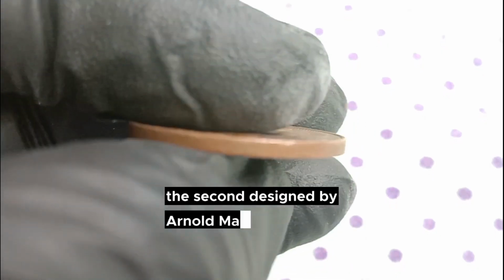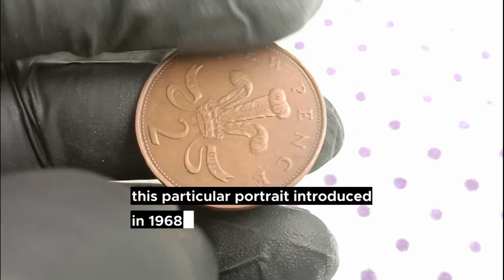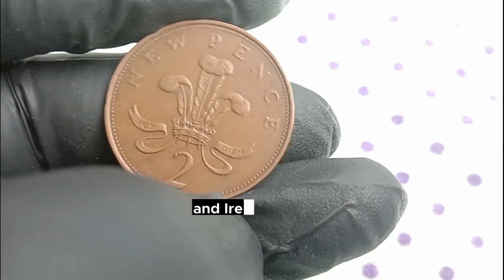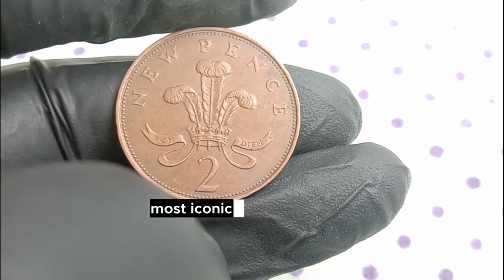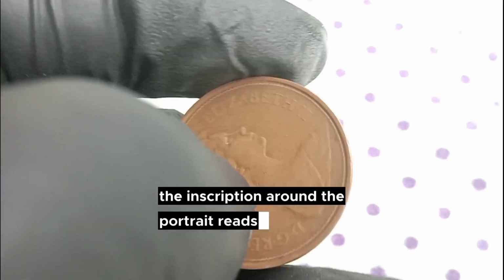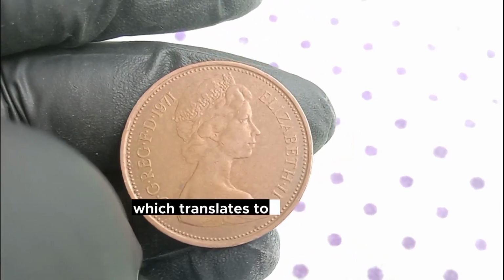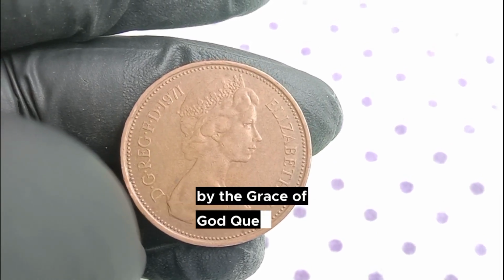by Arnold Machin. This particular portrait, introduced in 1968, shows the Queen wearing the Girls of Great Britain and Ireland tiara. It is considered one of the most iconic and widely used depictions of Queen Elizabeth II on British coinage. The inscription around the portrait reads, Elizabeth II, 1971, which translates to, Elizabeth II, by the grace of God, Queen,